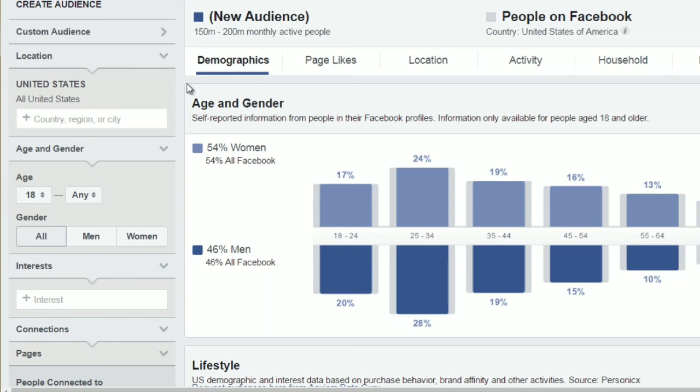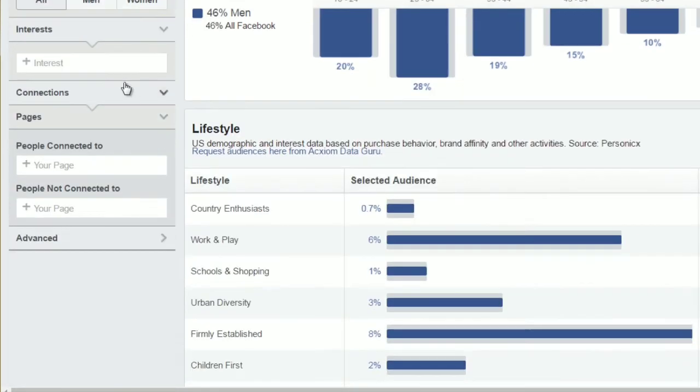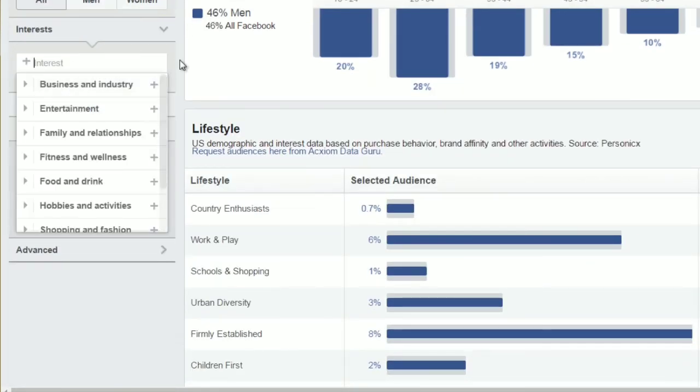Now, by default, it will choose your country. So in this case, I am pinpointing the United States, but if you are coming from a different country, typically it'll choose that for you. But of course, you don't have to choose your country. You can choose a different country if you want to do that. So I can X out of this and choose, for example, Australia or Canada or United Kingdom. So I'm just going to leave it like that. Now, you can also choose the age and gender, but typically I leave this blank because I just am interested specifically on the interests. And